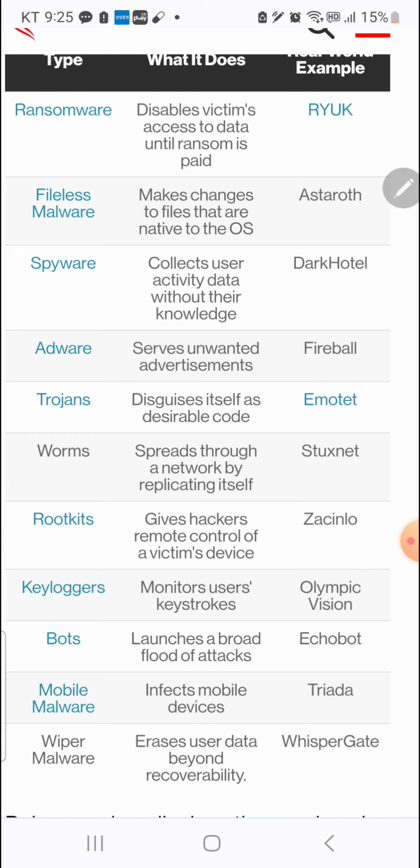Fileless malware makes changes to files that are native to the OS. Oh, okay, this is different from a rootkit. A rootkit is a file, but fileless malware just makes changes to files that are native to the OS. Astaroth.